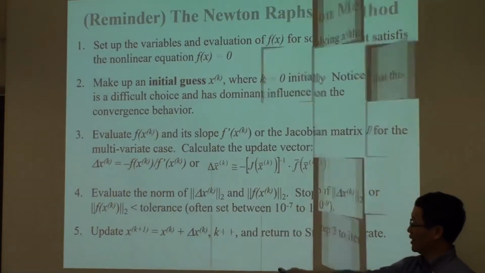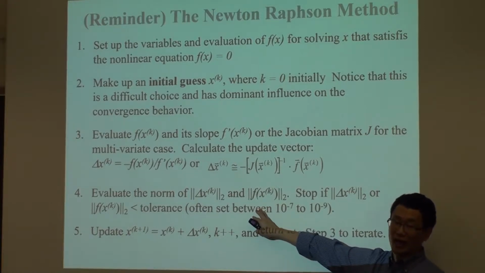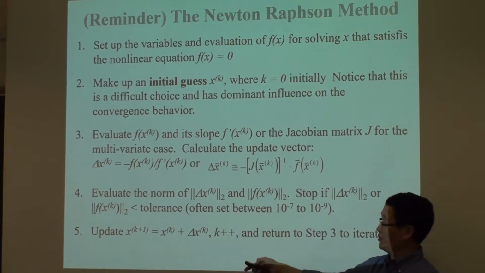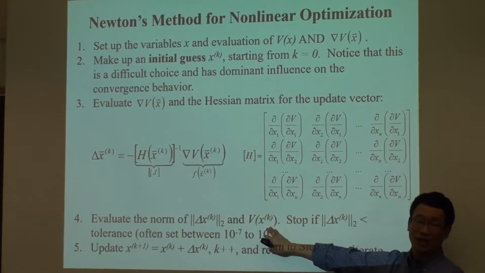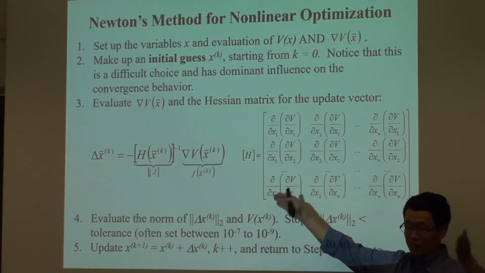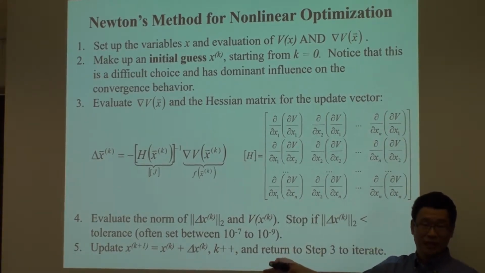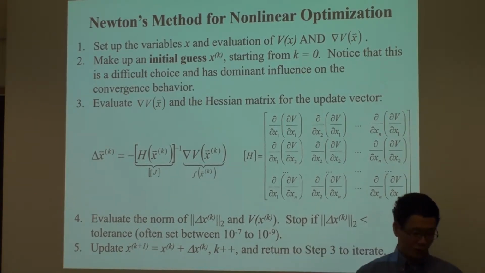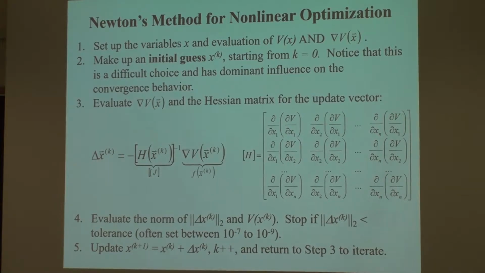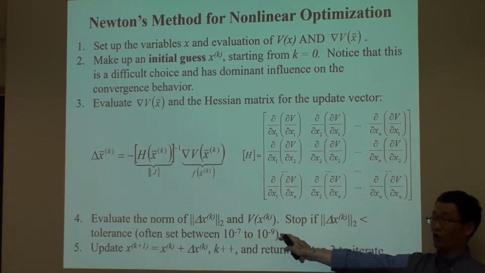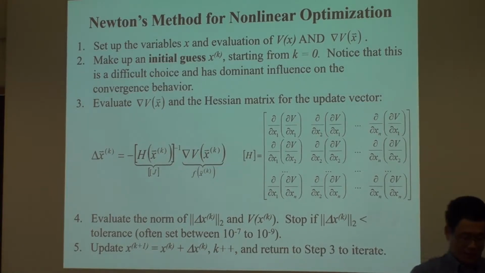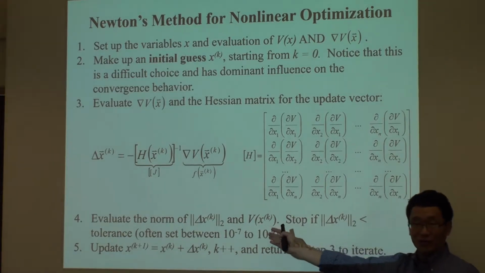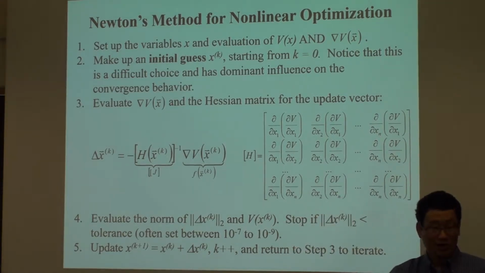In the Newton method, I check how close I am to 0, that's the solution of nonlinear equations. In optimization, this is a more common check. You can check the norm of your gradient as well, but that's not as direct. Checking V directly is closer to what the problem wants. You're trying to minimize V, so you want to know after my nonlinear optimizer, where am I, what is the value of V, how V goes to a minimal value.